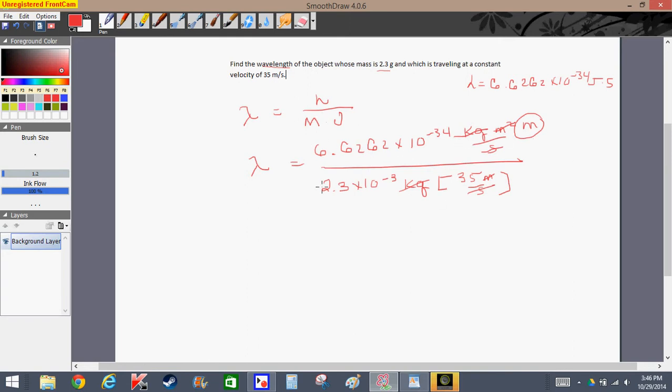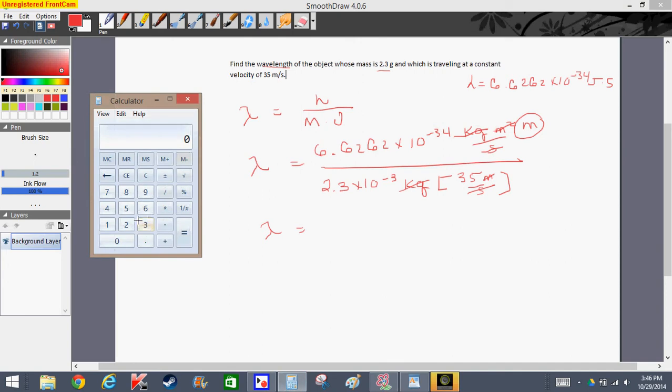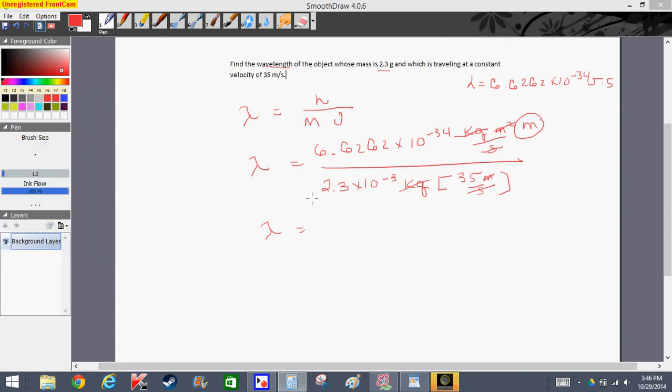So now it's just a simple matter of breaking this down and doing some arithmetic. 6.6262 divided by 2.3 divided by 35. Let me get my calculator out. This is going to be 6.6262 divided by 2.3, and we also have 35 in the denominator here. This is going to be 0.082313. Let me put this on my other monitor so I can read it off here. 0.082313